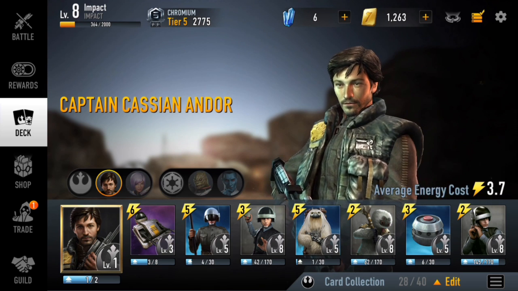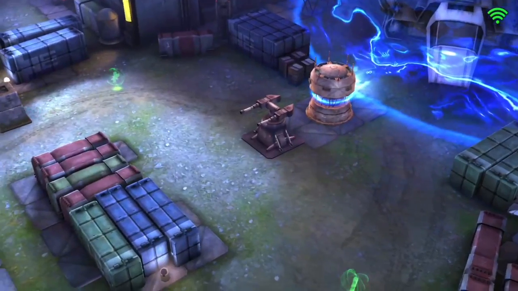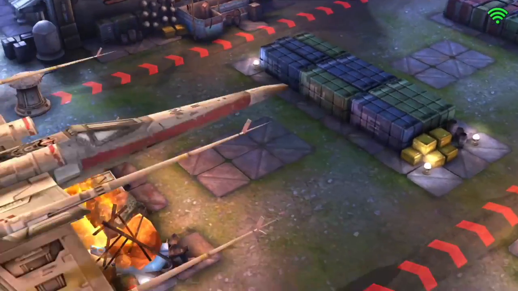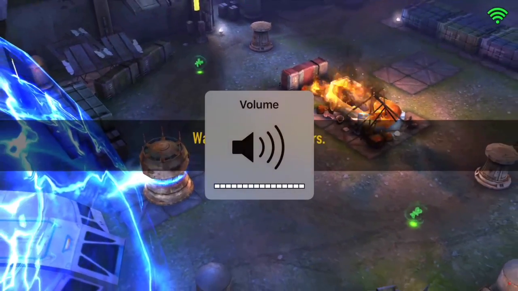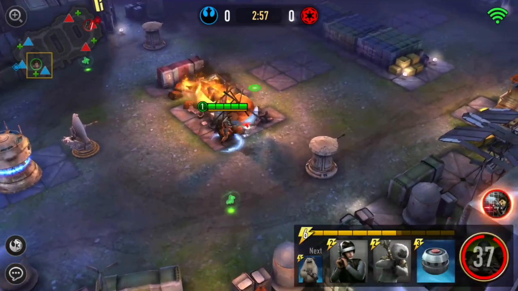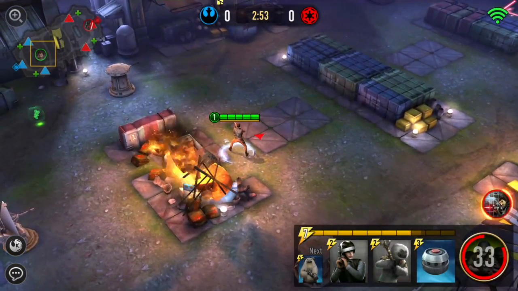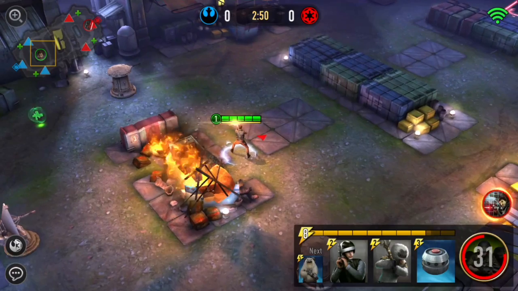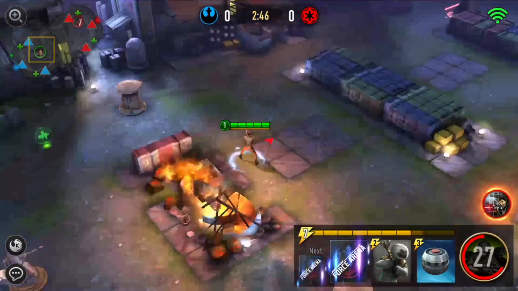Alright, so let's get right into some gameplay. So in our first game, we do have Darth Vader. A lot of people run stun on Darth Vader. Why? Because they have their pull, their stun, and then they can do their skill on you. And pretty much one-shots you, so you want to stay as far away from Darth Vader as possible, especially as Cassian, because if he kills you, he will just bum rush your tower and try to get as much damage